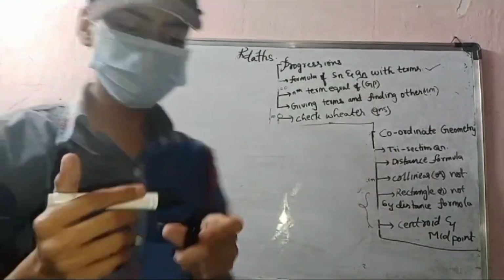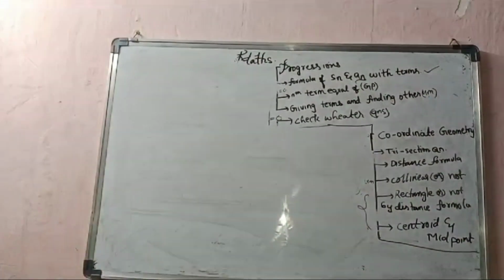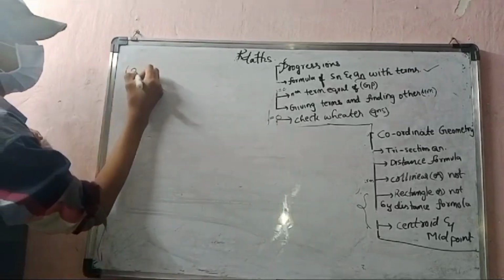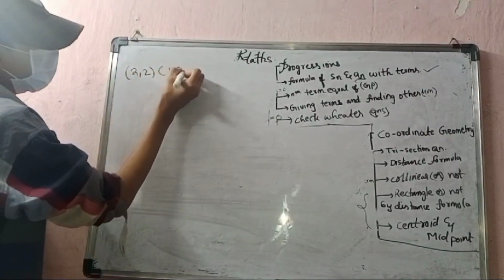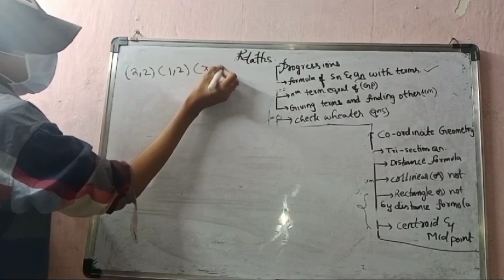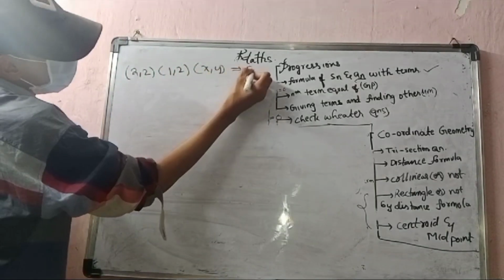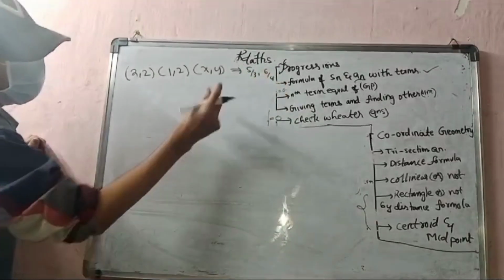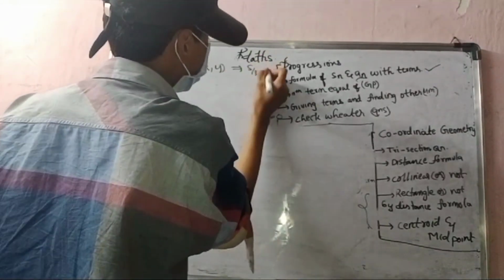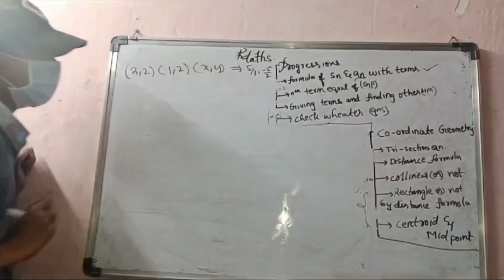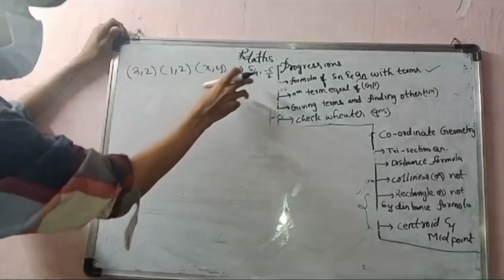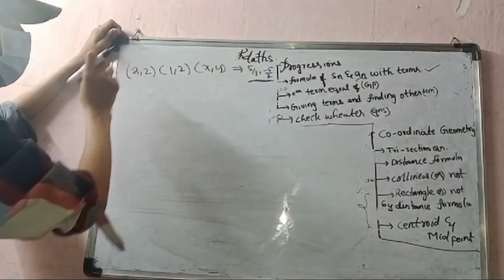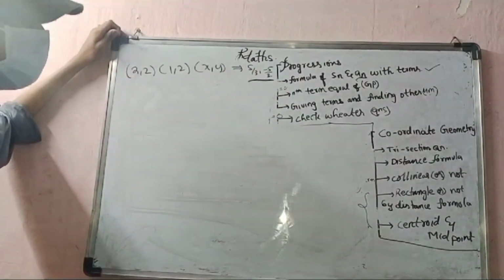In centroid, they have changed the question by confusing it. These are 2 comma 2, 1 comma 2. These are x comma y. And their centroid we got as 5 by 3 comma 6 by 4. Okay, 6 by 4, not minus 5 by 3. What is the value of x plus y? X and y. So how can we do this? Their centroids are this. But what are the values of x and y? So how can we do this?